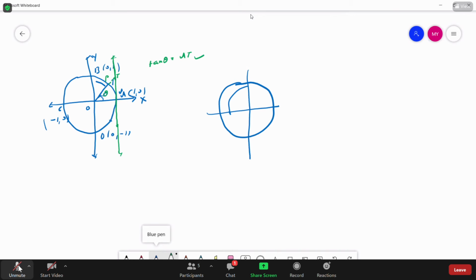I can also measure like this, in the clockwise direction. So the same AT is equal to theta minus 360, right? So AT is equal to tan theta, which is equal to tan of theta minus 360 degrees. This is understood, right? A single point can have a clockwise measurement and an anti-clockwise measurement. So we should be in a position to identify this.